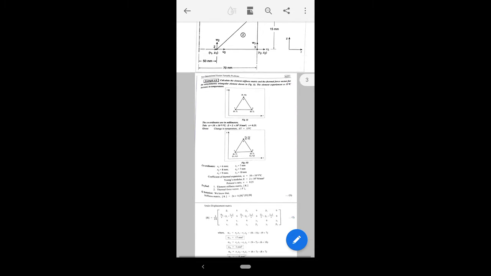It is one of the problems we discussed in previous classes. Calculate the element stiffness matrix and thermal force vector. We already discussed how to find the element stiffness. Now we are discussing how to find the thermal force vector. Before discussing the problem, we can read it very carefully. Calculate the element stiffness matrix and a thermal force vector for the axisymmetric triangle element. The problem is already specified.